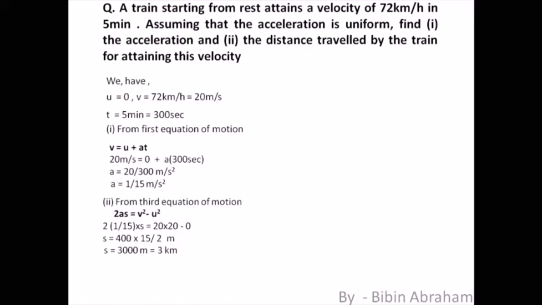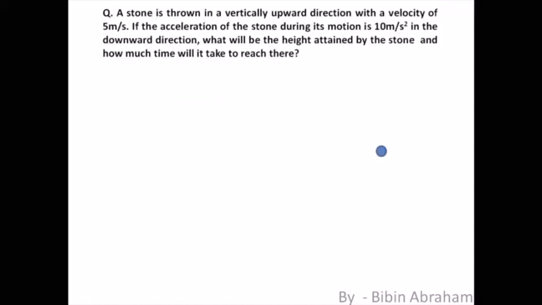So you have a set of relations by which you can find out what kind of motion the body is going to do, at what time it will reach, at what distance. All these things we can find out with this equation of motion. All right. Okay, let me give you one more question.